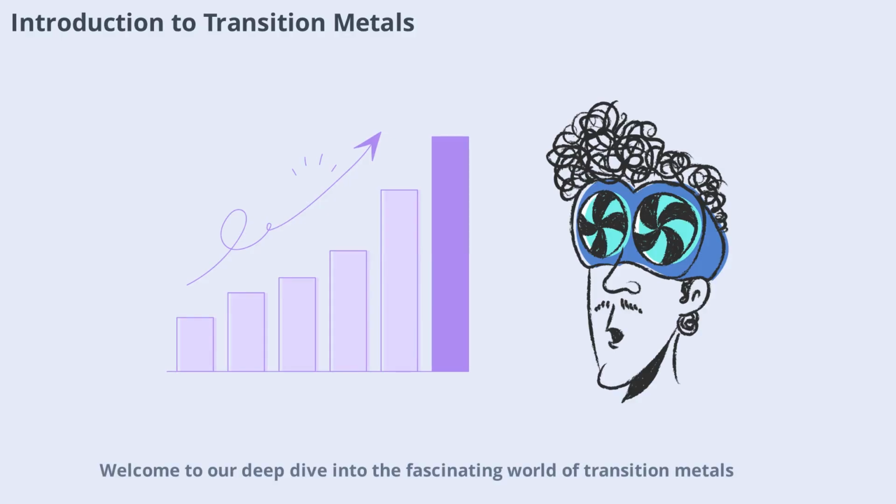Welcome to our deep dive into the fascinating world of transition metals. These elements, found in the central block of the periodic table, play a crucial role in both nature and technology. From their unique electronic configuration to their wide range of applications, transition metals are truly the backbone of modern chemistry and industry. In this video, we'll explore their properties, trends across the periodic table, and why they are so important